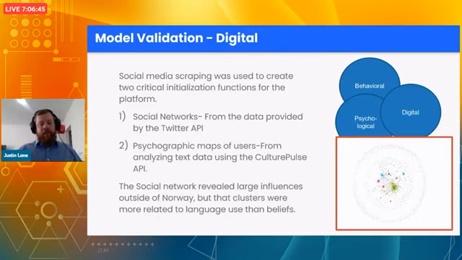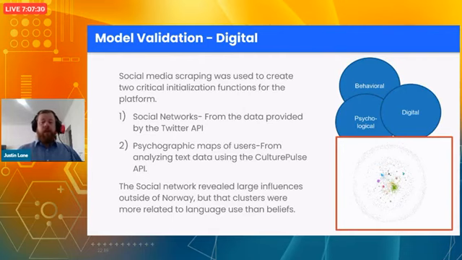So analyzing the text of their social media feeds, we can get information about their personality, their concerns, their fears, the sort of threats that go into their political leanings, etc. And we're doing that with something called the CulturePulse API, which is an AI-backed text API where you can put in unstructured text and you can get back basically a profile of what those texts look like. By gathering that information directly, we were able to initialize this using a database of those users, their social network links, and the psychographic maps, and that gives us a very quick pipeline to a very realistic and psychometrically validated